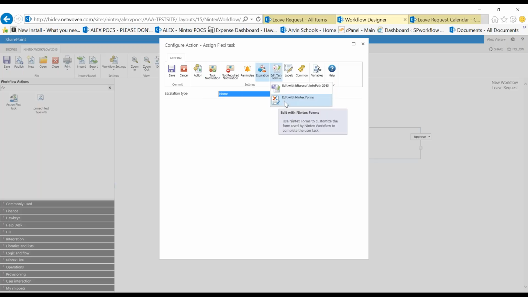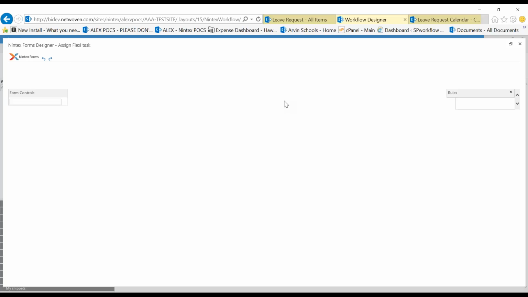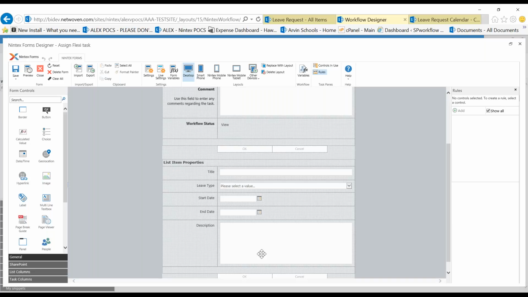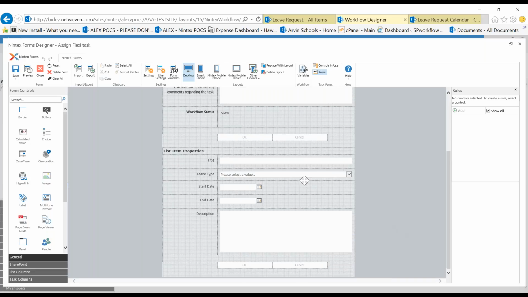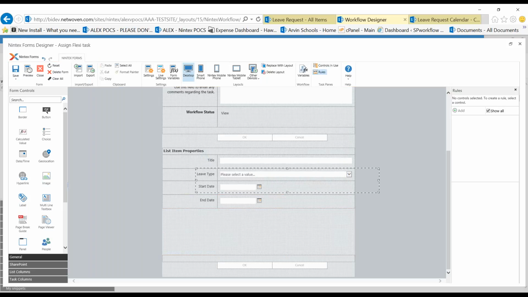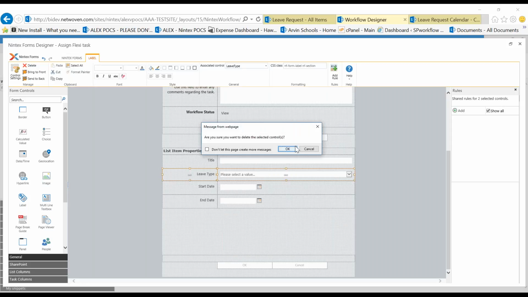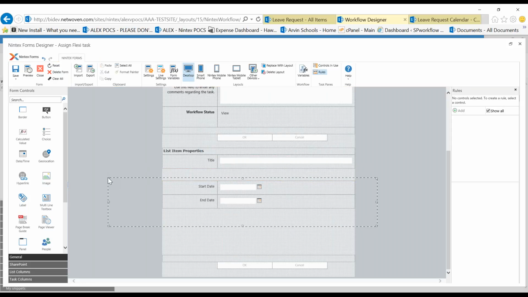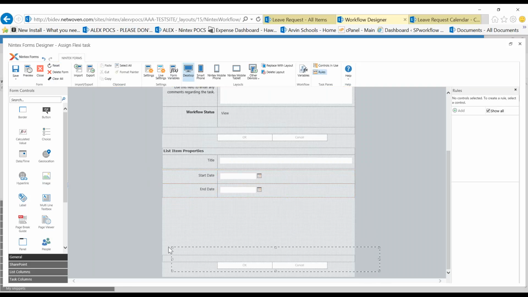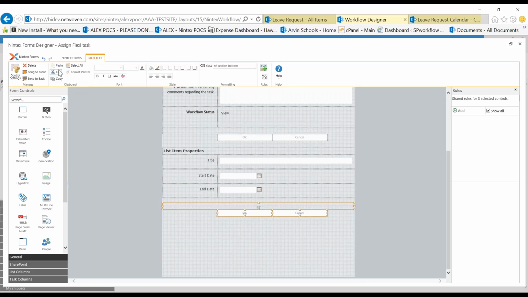We can also edit the form that the manager is going to see if they're looking at the task. So I'm just going to leave this generic, but what you can see is we get all the list item properties at the bottom. So I could do something where I don't care about description maybe. All I care about is the title and the start date and end date. As a manager, maybe I'm not really worried about this. So let's just say that this manager, all they require for their information is the start date and the end date and the title. So what we basically do is we can modify this form to have all the information.